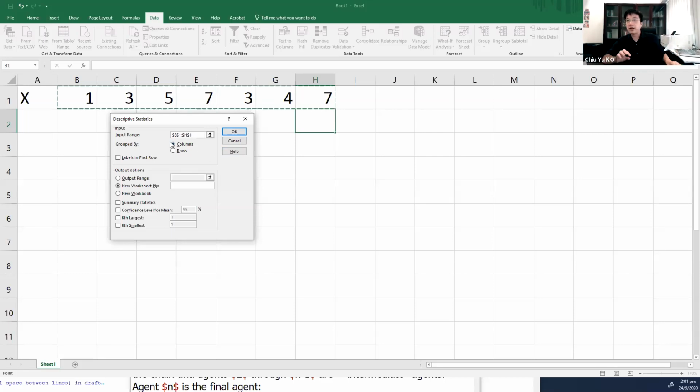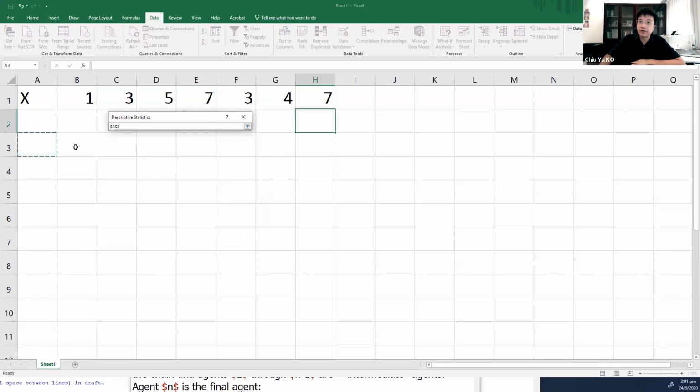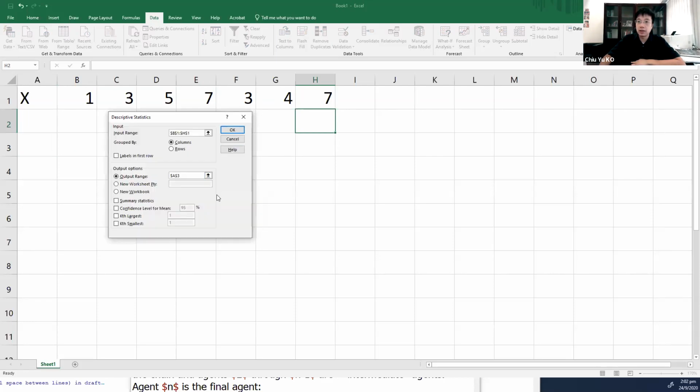Once you give the data, then you can tell where to output your answer. You can choose Output Range. Suppose I want it to be from A3. From A3, and what I want is descriptive statistics. That's something we want. Is that okay? So first, I go to Descriptive Statistics. I tell it what the data is, where I want to output the numbers, and I tell it I want summary statistics. Then when I click OK,